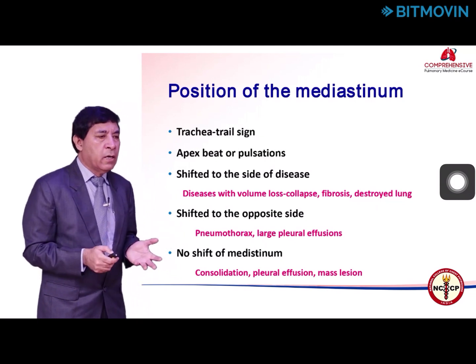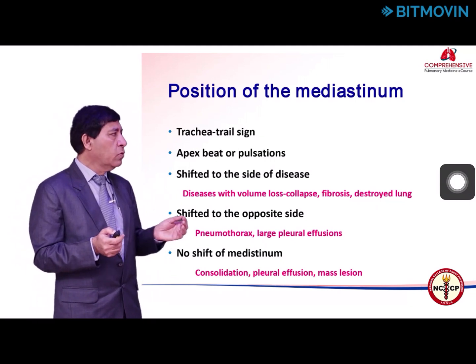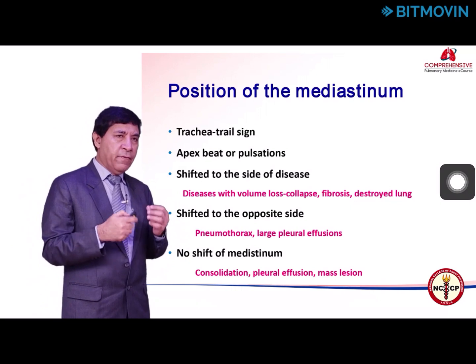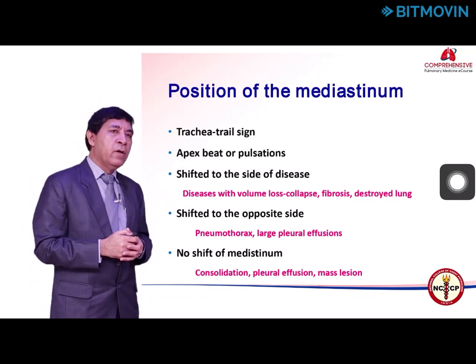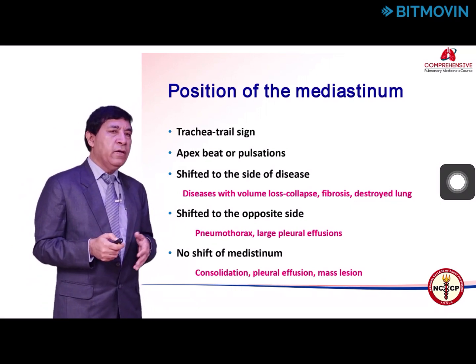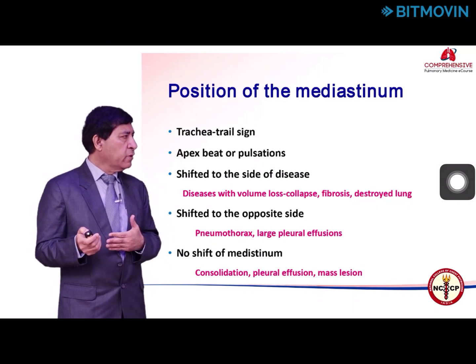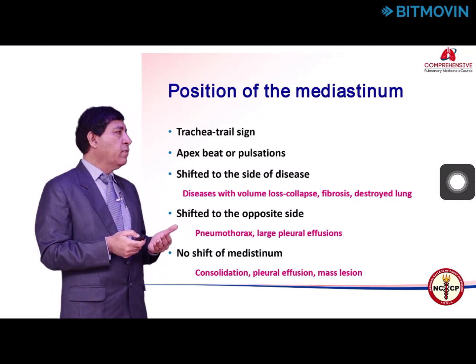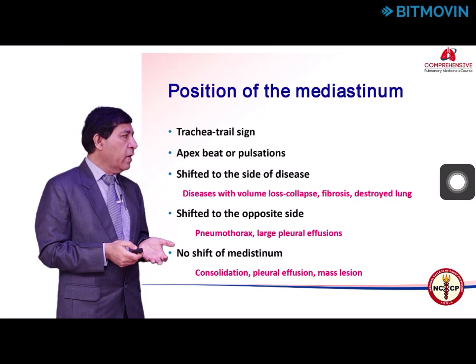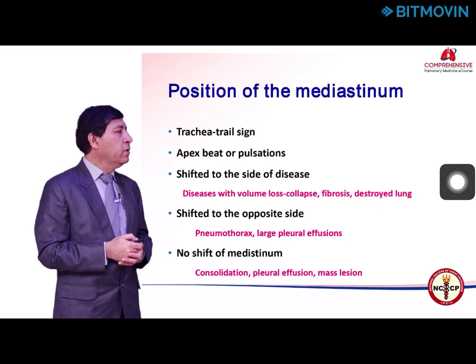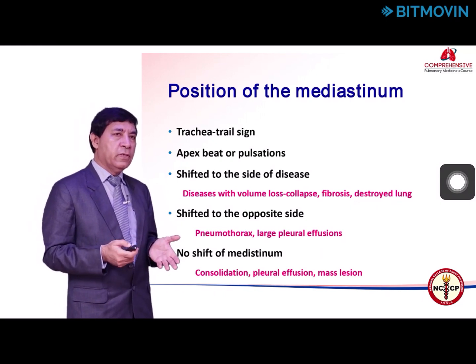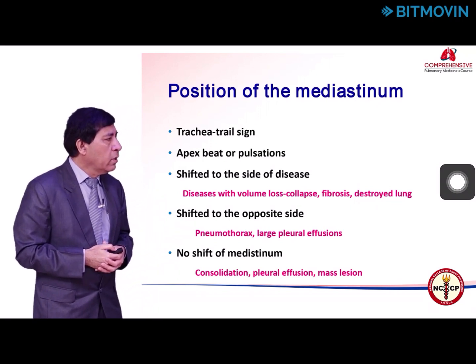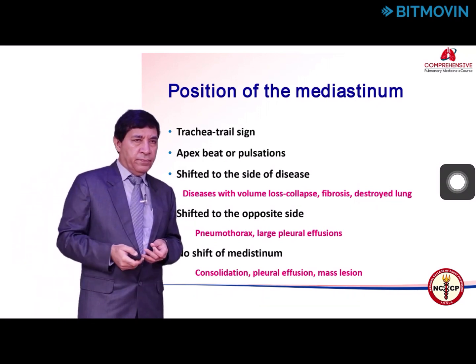Normally, we see shifting of the mediastinum through the trachea, by finding the position of the trachea, and from the position of the apex beat. They are shifted to the side of the disease when there is a volume loss on that side, and that usually we see due to collapse, fibrosis and destroyed lung,